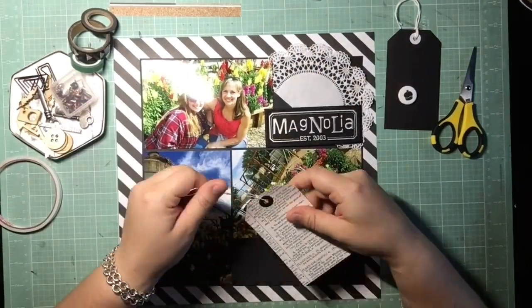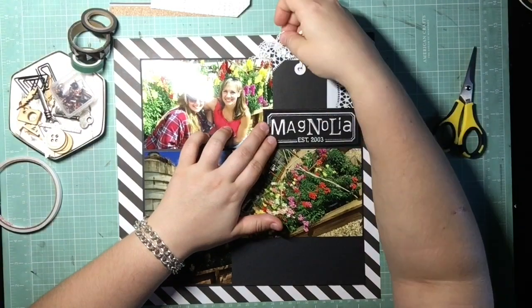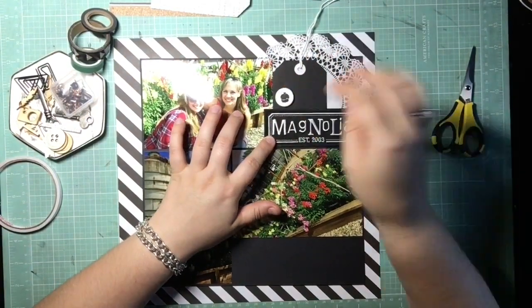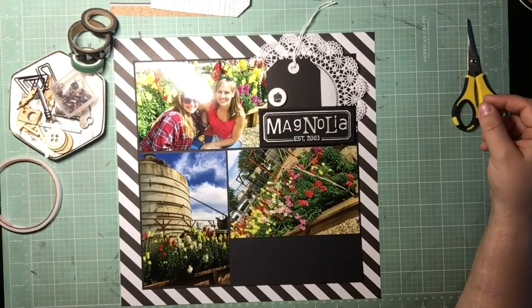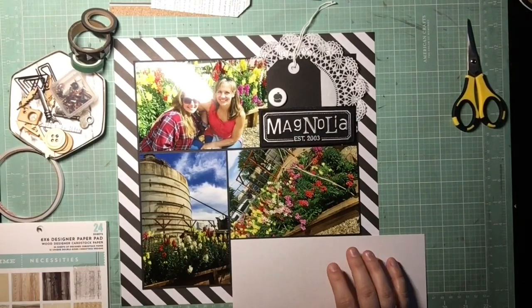So at this point I've decided I'm going to move the patch up there, and then I'm just going to figure out something else for the bottom portion. And then that little flare I wanted to get on there because the bakery is in this section near the